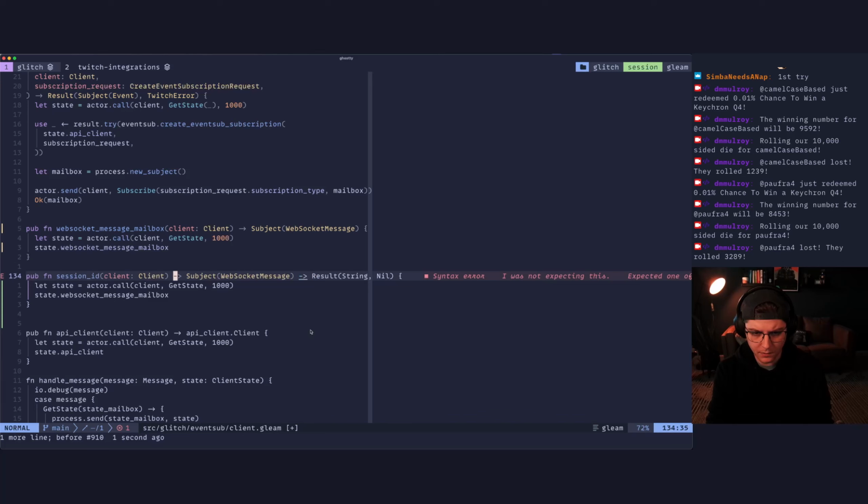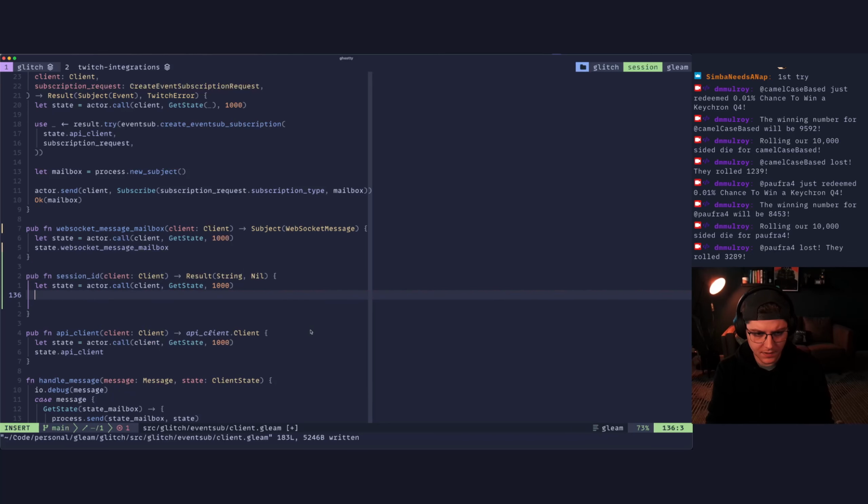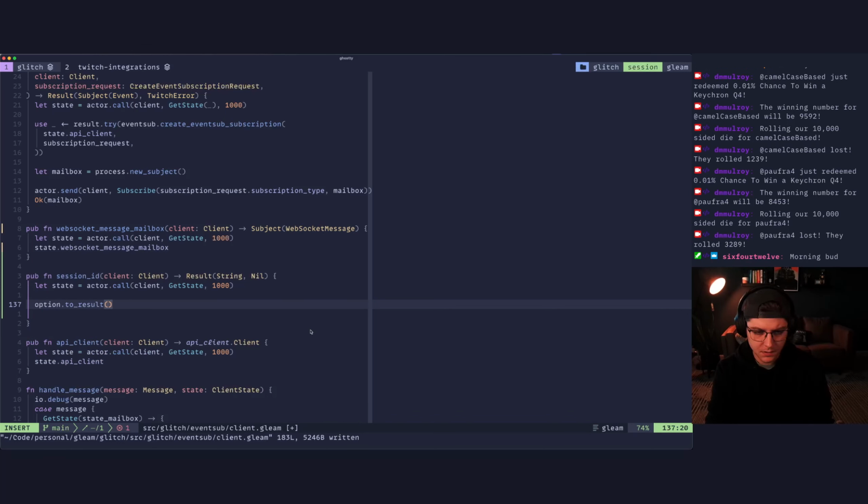What did I do wrong here? Oh, we do that, and we'll get our state, and then we'll say option dot to result state dot session ID. And we'll have nil as the default value.